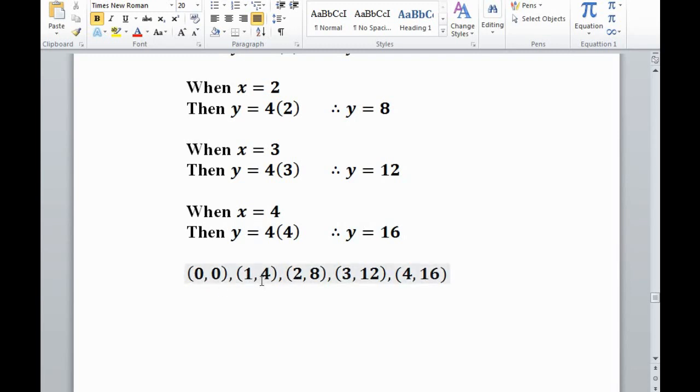So here we have 5 ordered pairs. The first ordered pair is (0, 0), which means the x coordinate and y coordinate are both 0. (1, 4) is the second ordered pair, with x coordinate 1 and y coordinate 4. The third ordered pair is (2, 8), x coordinate 2, y coordinate 8. The fourth ordered pair has x equal to 3 and y coordinate 12. And the fifth and last ordered pair has x coordinate 4 and y coordinate 16. Now let's plot these ordered pairs